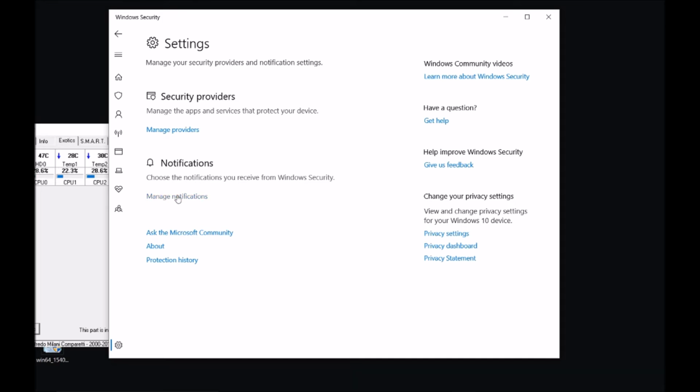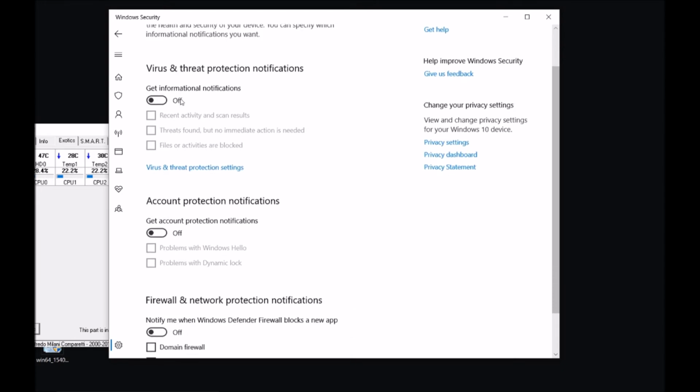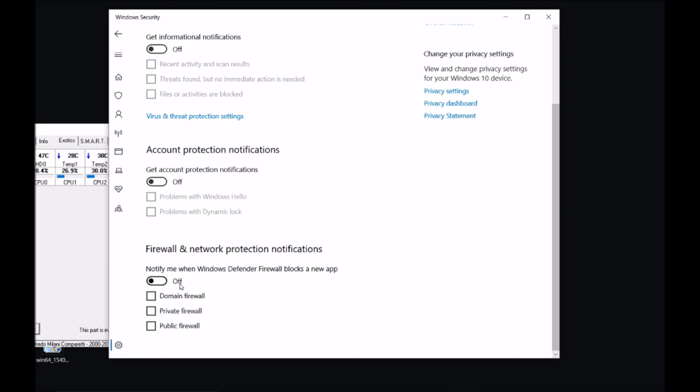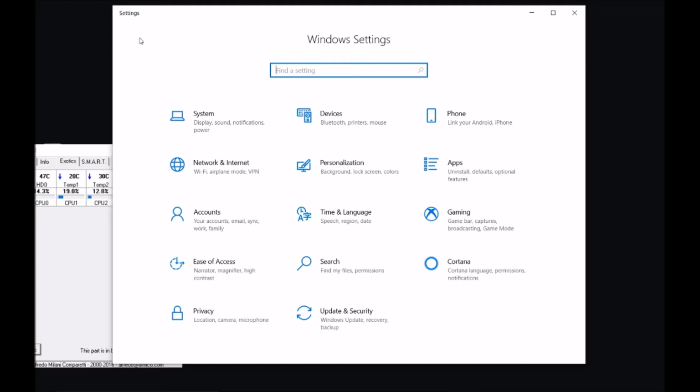If you want to manage those notifications, it's on this link, and again you notice mine are all turned off, and just scroll to this and be sure, if you don't want to get annoyed, to turn them off. If you are still with me and you're looking for more tips, here goes.